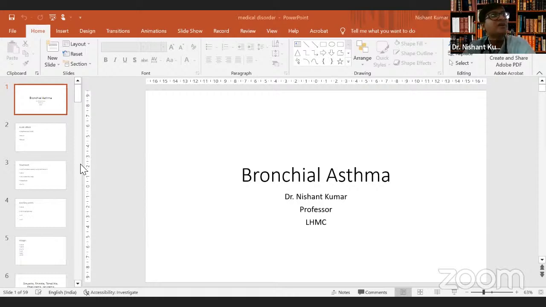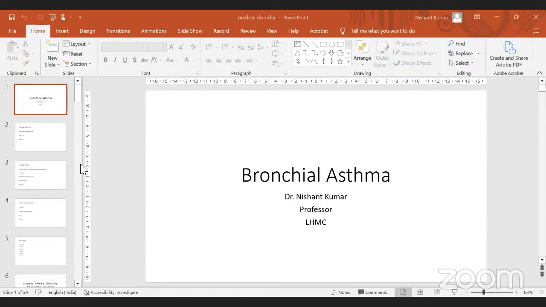Now, there have been various studies which have shown benefit with acupuncture. There have been studies which haven't shown any benefit. There has been a Cochrane review on it, which said that the quality of the studies which the authors had done, the Cochrane systematic database they had done, was not ideal enough to reach a conclusion. So the Cochrane review was inconclusive. So maybe that is one area where more and robust studies are required to actually find out the role of acupuncture. But yes, we all know that it reduces,